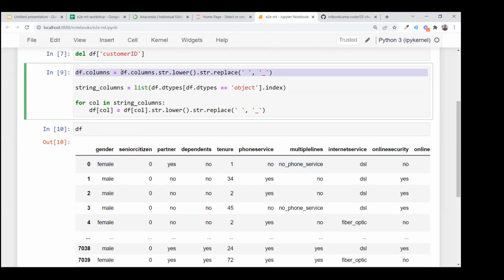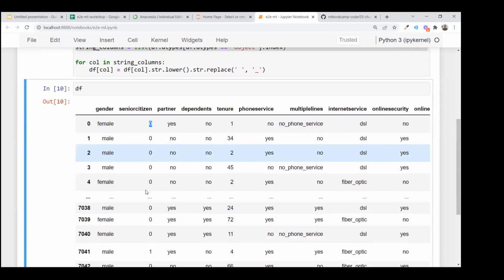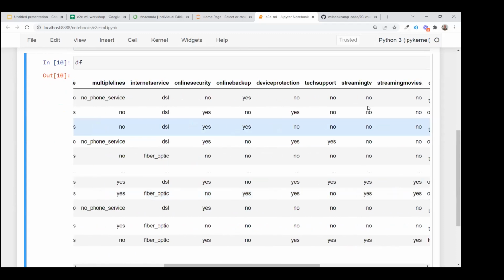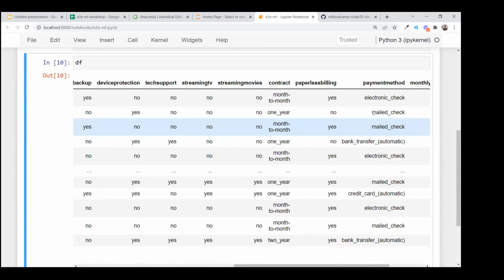The first line here makes everything lowercase, and this part here replaces spaces with underscores. The second line finds all the columns that are strings. For example, senior citizen is not a string because I have ones and zeros. Monthly charges is also not a string. Total charges is not a string.